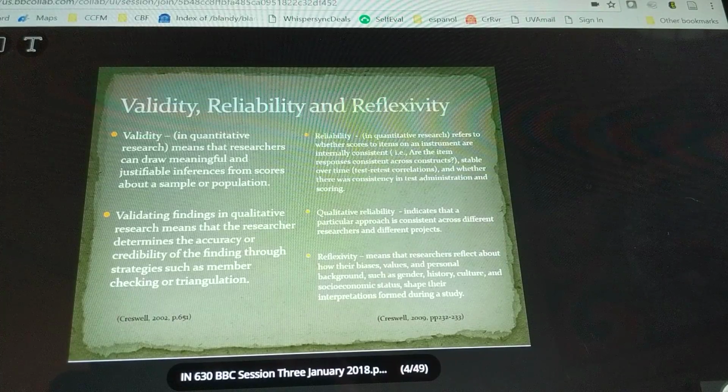Okay. Next is qualitative reliability. This is vastly different than quantitative reliability. Qualitative reliability indicates that a particular approach is consistent across different researchers and different projects. So in other words,